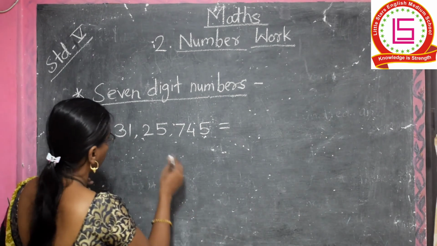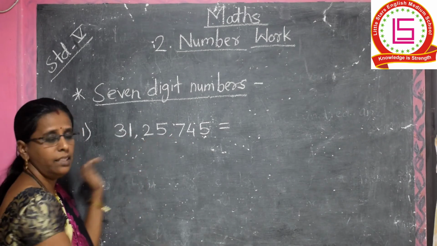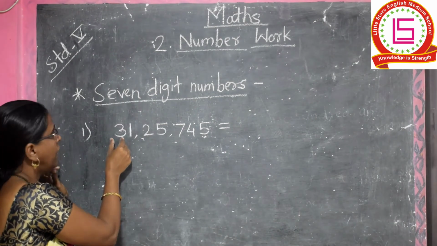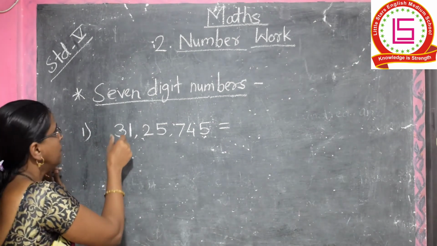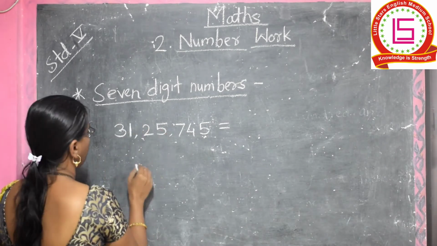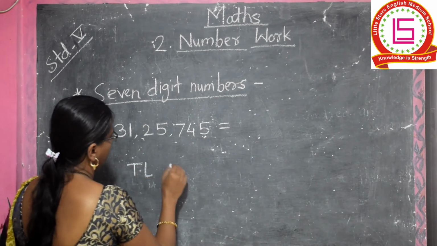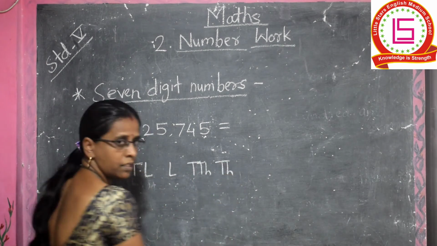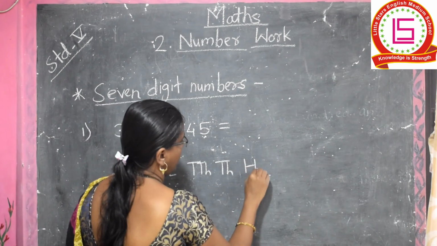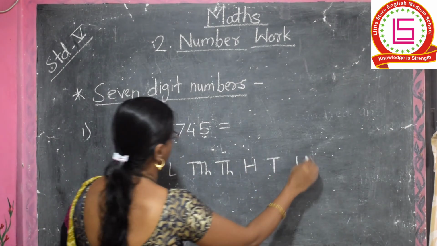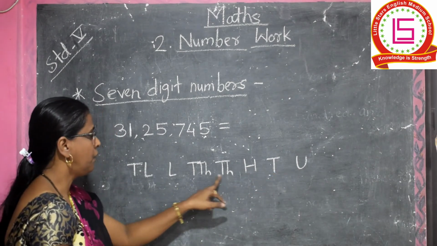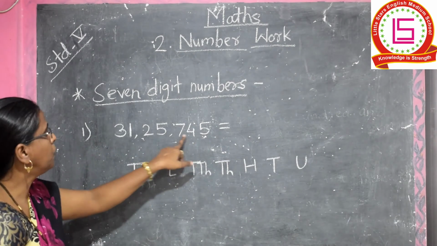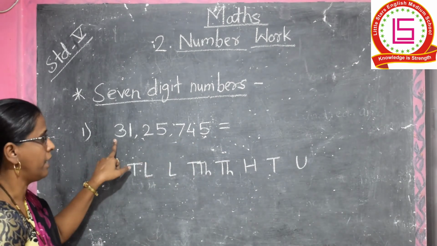See here, like the 1,000 and 10,000 place, the lakh and 10 lakhs place. To the left of the lakh place, 10 lakh is the place name. Okay, see, 10 lakh, lakh, then 10,000, then 1,000. After 1,000, 100 place, then tens and unit place. See here, 1 2 3 4 5 6 7, a 7-digit number is like this.